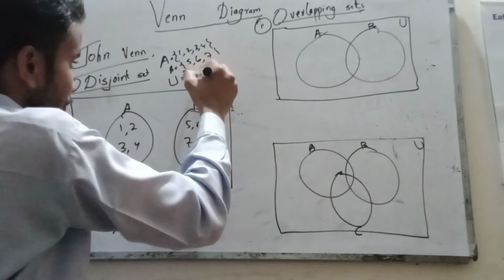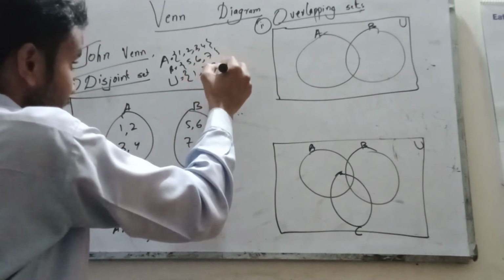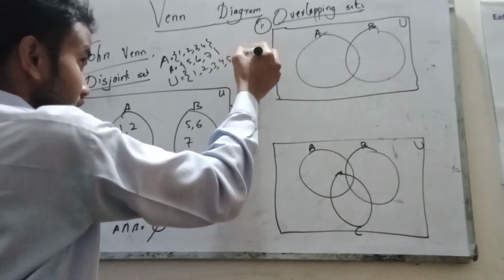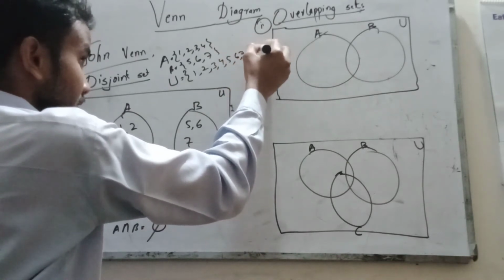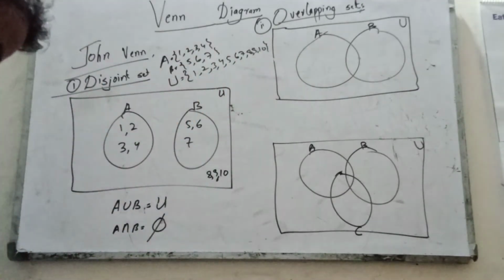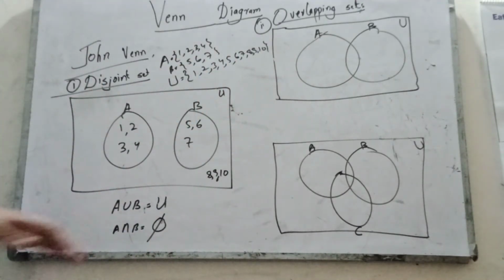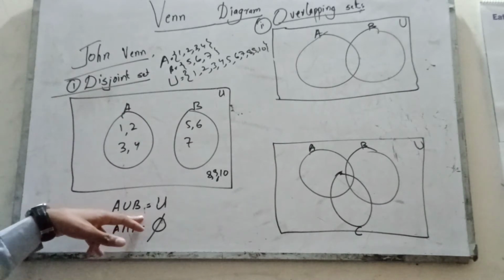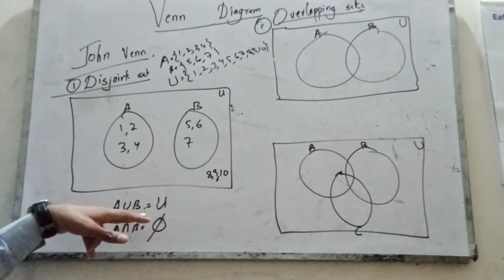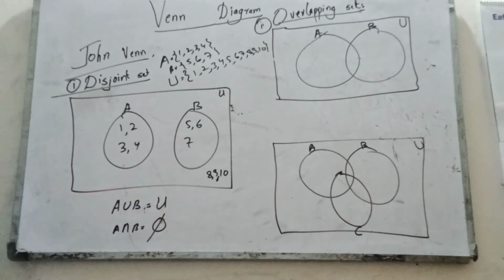Okay, so 1, 2, 3, 4, 5, 6, 7, 8, 9, 10. This is the important property of disjoint sets, because we must have two sets whose intersection is equal to the empty set and their union will be the universal set. So next,